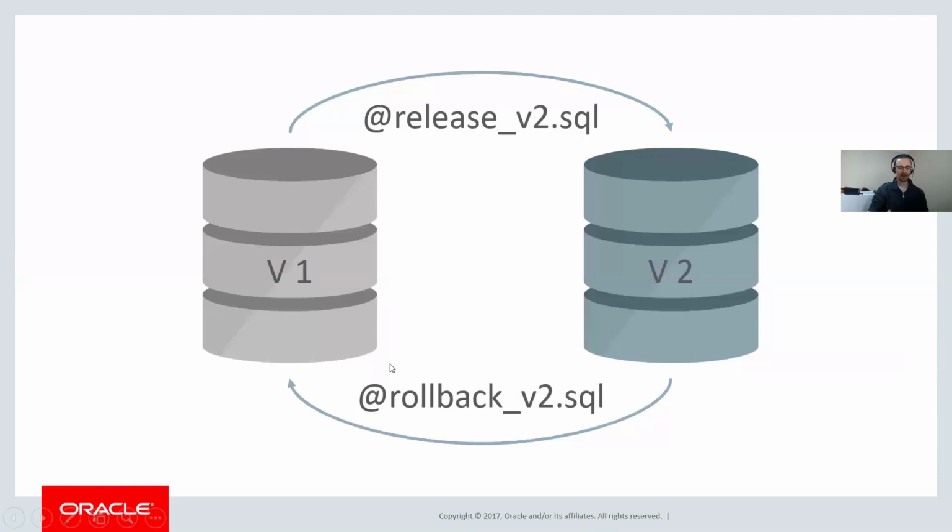Yes, cool. Okay, so as I said, we've got this thing where you should be able to go forwards or backwards from any version to any other version. However, there's one thing which I've kind of glossed over or overlooked completely, and that is the data itself. So these release scripts will change the schema, do the alter tables, create tables, and so on. But what happens if there's data in those tables? What do you do there, or how do you solve that problem?